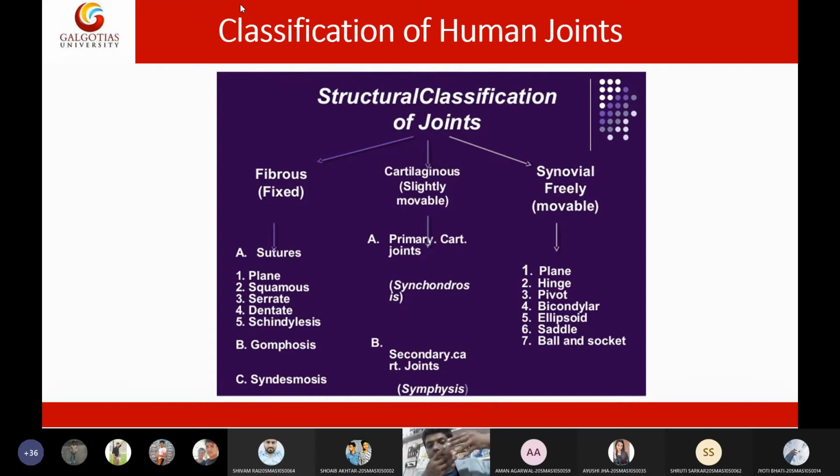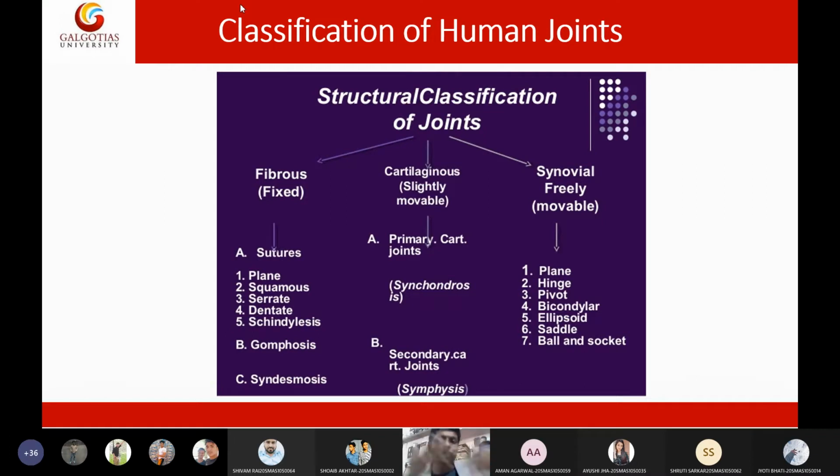So at the end of two bones, they will have finger-like projections and they will interlock very tightly. Okay, very strong actually. When I say strong, literally very strong. So they will interconnect like this, and these kind of structures are called sutures. Just like the way a surgeon will stitch the broken skin. So such kind of joints are called sutures.